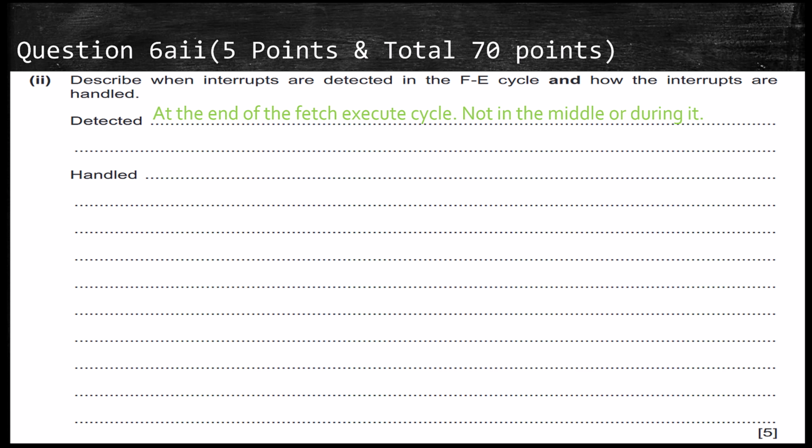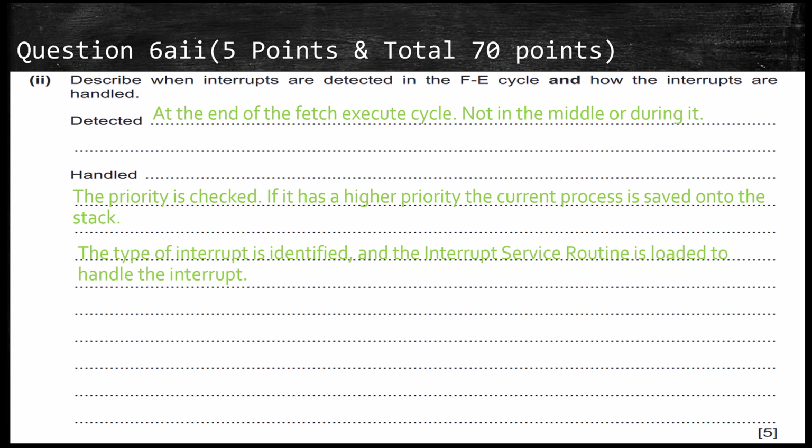Now, we don't mean at the end of the program. We mean as soon as those instructions are decoded, then we check for interrupts. So the priority is checked. So we have an interrupt. It's the end of the fetch execute cycle. We check the priority. If it has a higher priority, the current process, the program that's currently running, is saved